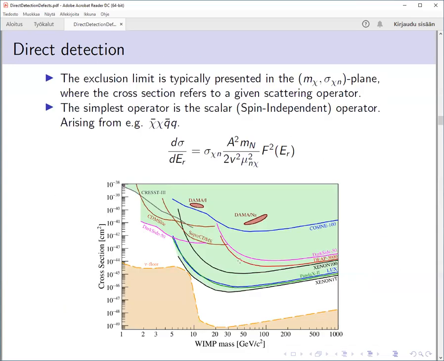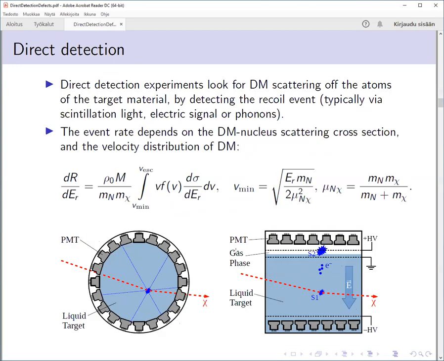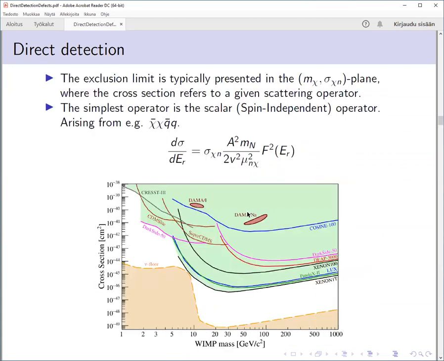So that's why each of the experiments has a different target nucleus. Of course, there's also the dependence on the nuclear mass. And every experiment has a different experimental technique to observe the signal, so they might have different energy thresholds. But anyway, each of them has some kind of a lower limit for the dark matter mass that they can see. And now, as you can see, there is kind of empty room here on the left